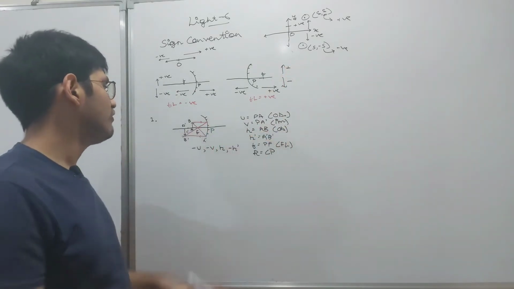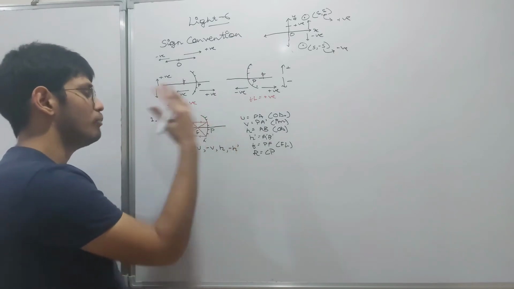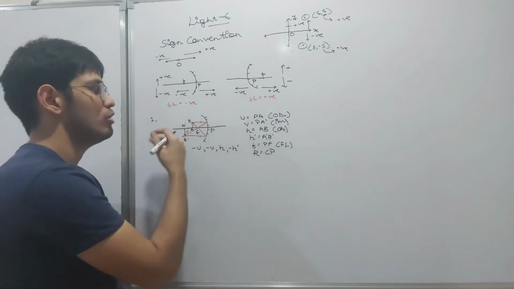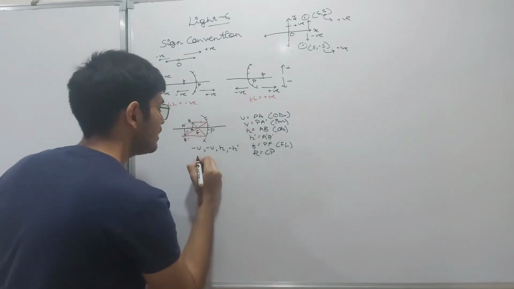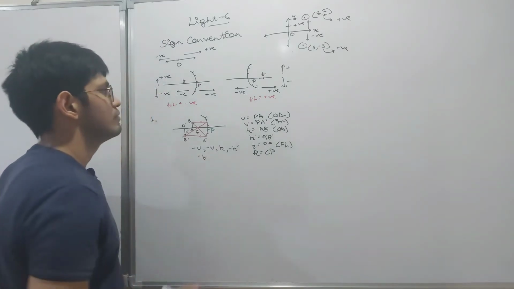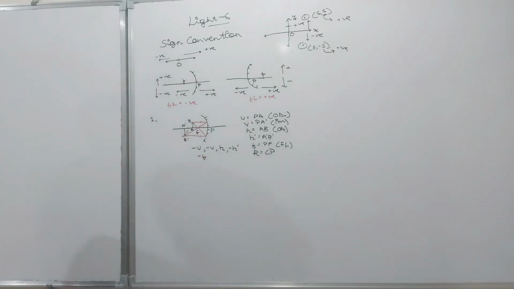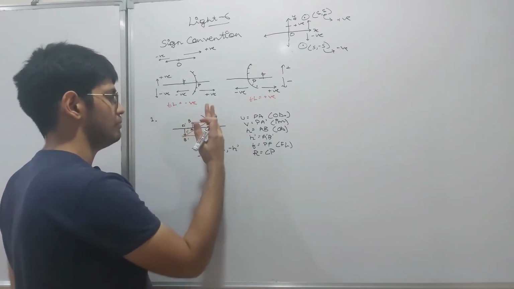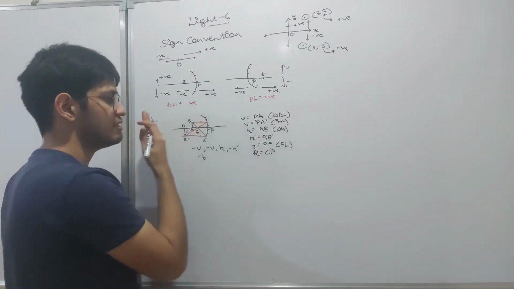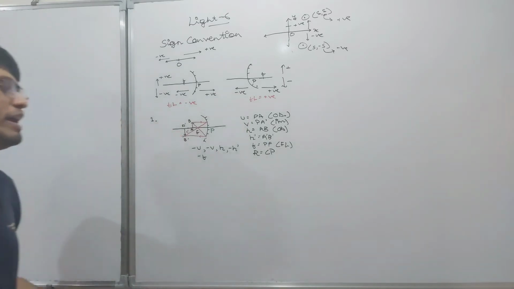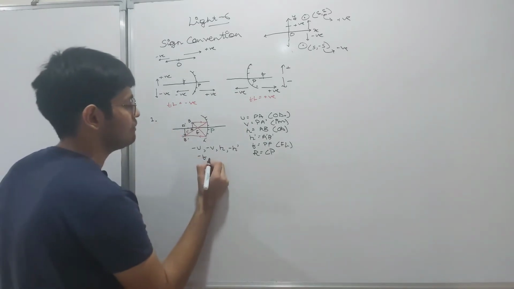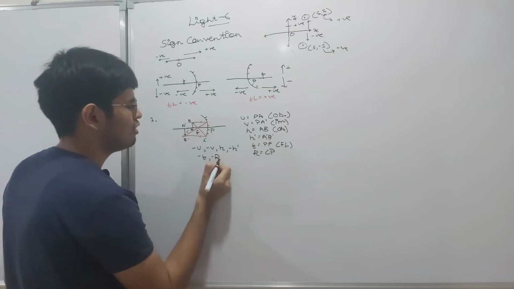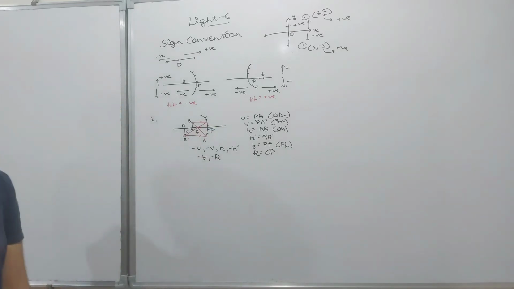Similarly, f, what is f? Principal axis, pole and then left of the pole. Left of the pole means f will be taken as negative. The focal length will be taken as negative in this case. Radius of curvature: c, p and then c. It will be taken as negative, which means it will be equal to minus r. So I think that this sign convention is clear to you.